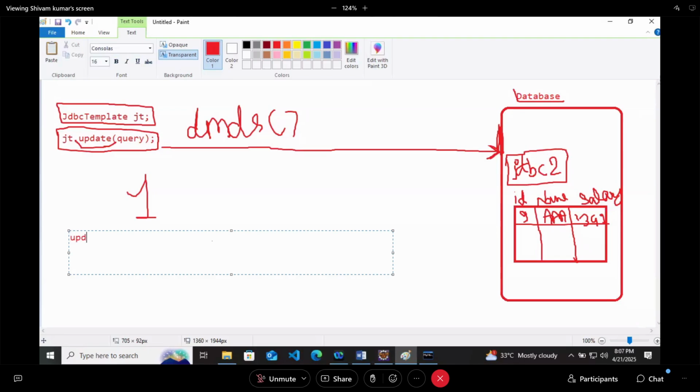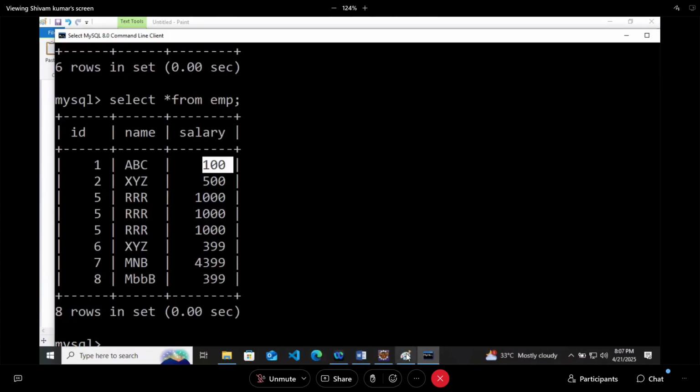Something like this: update emp set salary equals 110, where id equals 1. Can we say this? id equals 1 or name equals ABC, both we can say.